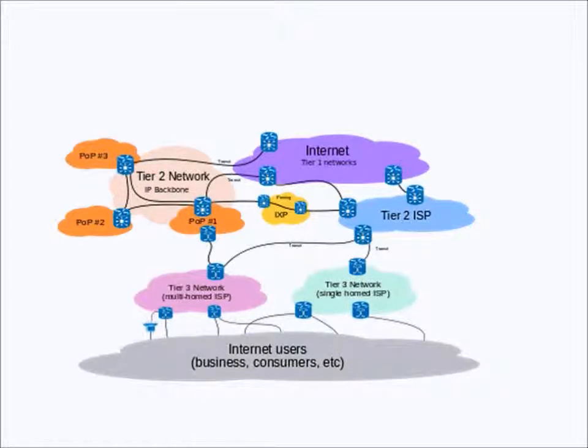An example here would be the internet user sends information to the Tier 3 network, the multi-hand ISP, which then connects to a Tier 2 network. The Tier 2 network is another ISP that connects to the internet, the Tier 1 network. From the internet, the information is requested and sent back down either through the Tier 2 ISP or through the Tier 2 network. It continues to spread across different routes until it returns back to the user, usually following a similar path. So what's more likely is it goes up here to the internet, back through the Tier 2 ISP,